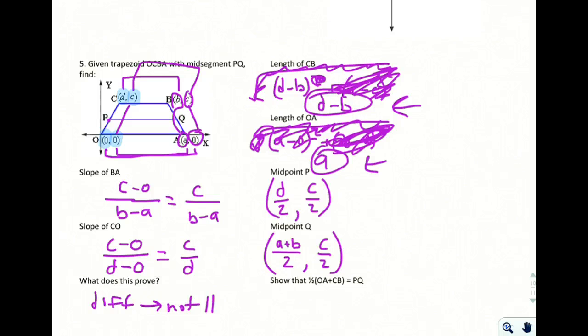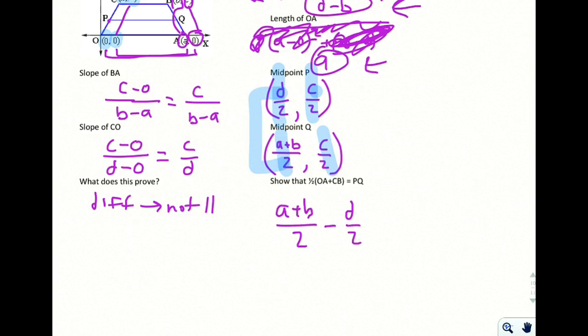So we need to first find the length of PQ to prove anything. So we're going to do now distance formula on our midpoints. So let's start with the distance between our x's here. We have a plus b over 2 minus d over 2, so between those two, and we square that,